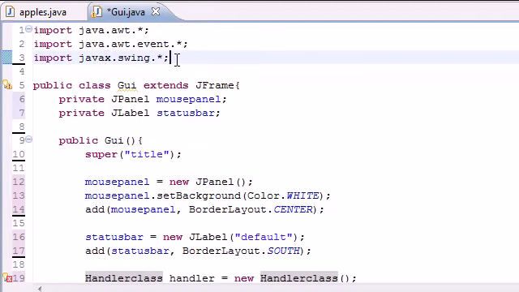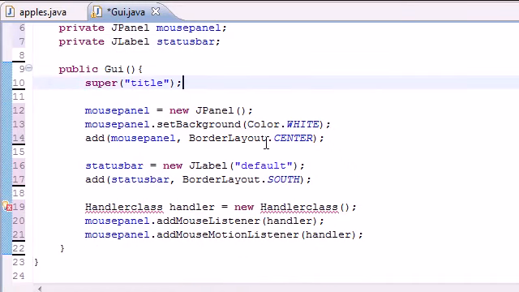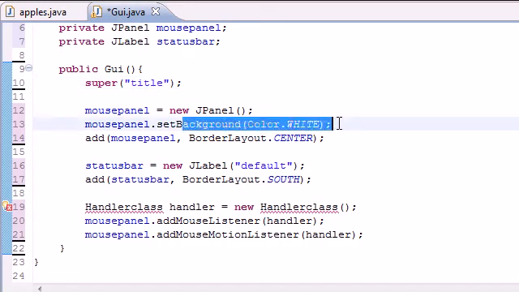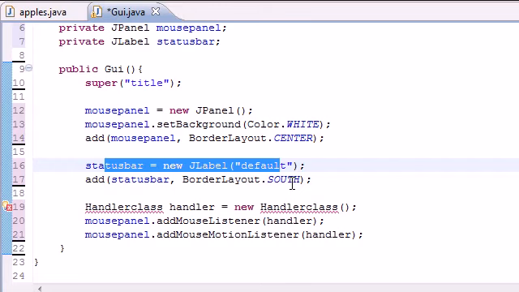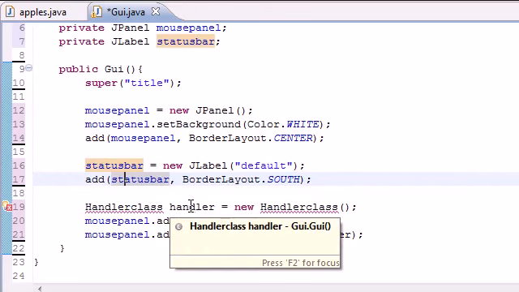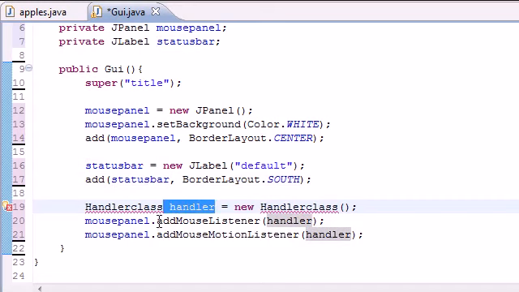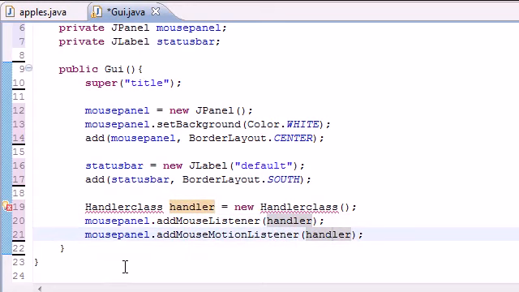We imported everything we need because we needed some stuff. We extended JFrame, which allowed us to build windows. We made 2 things in our window, a panel and a status bar. Then we set the title of our window, and we set the background color, added it to the window. We made a status bar, added that to the window at the bottom, and then we made this new HandlerClass with the object handler. And we needed to make an object because these 2 built-in methods that wait for mouse events take an object as their parameter. So in the next tutorial, we're actually going to be going over some of these mouse events,